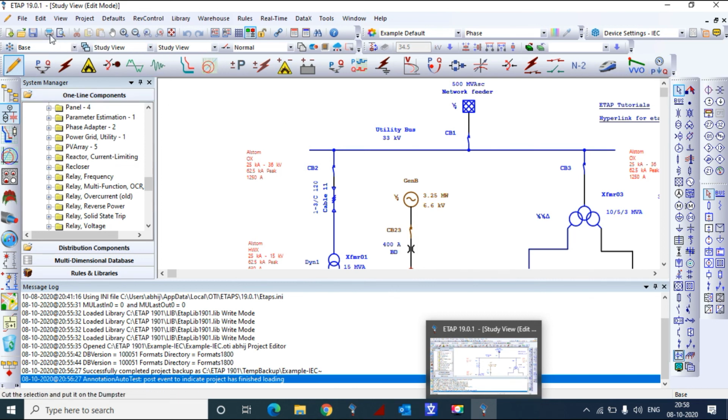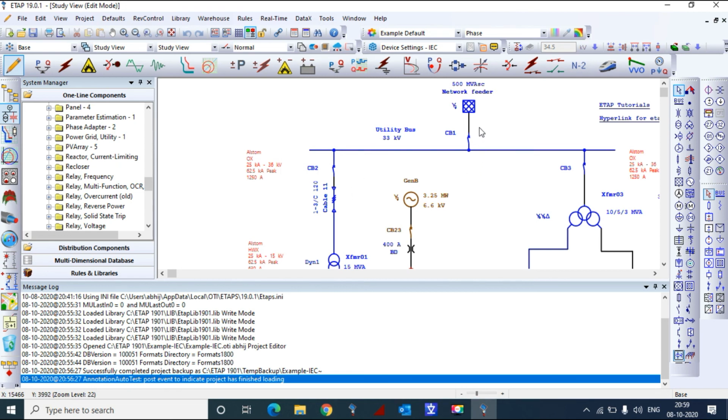Apart from that, there are a lot of new modules and new icons in the live section. Here we can also see the elements that we can model in ETAP. In the next video we'll definitely go through the modeling details, how each can be modeled and what details we need to enter for each module.